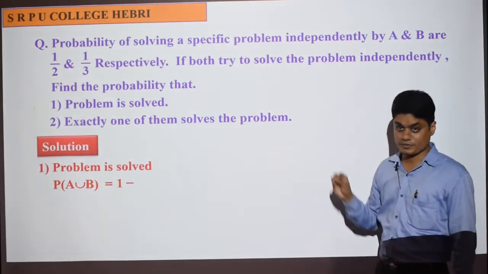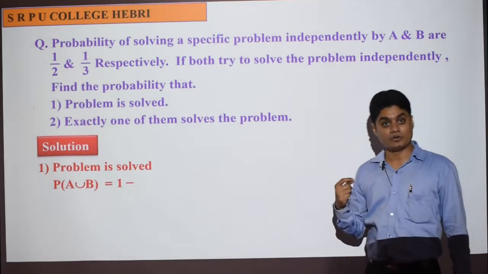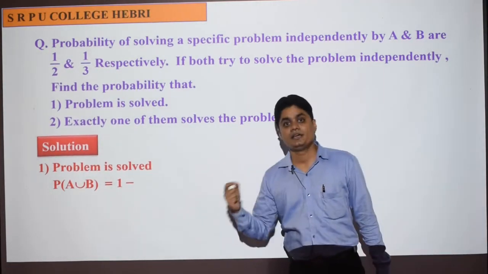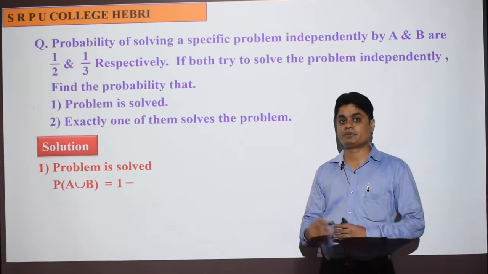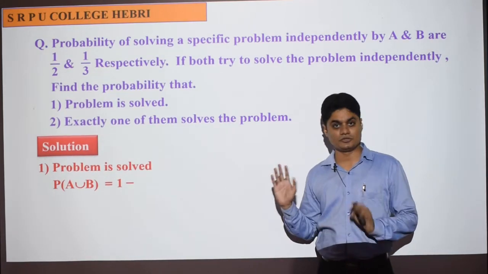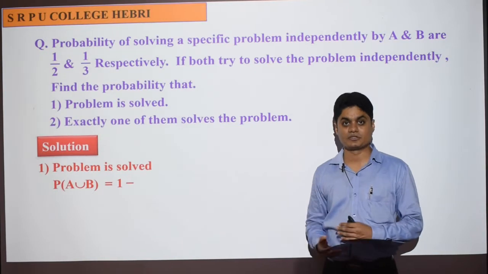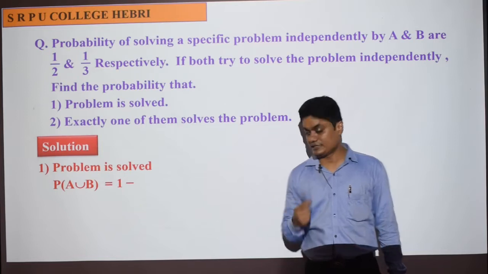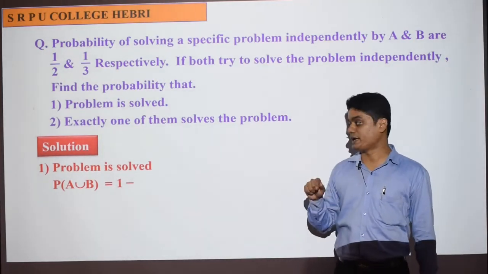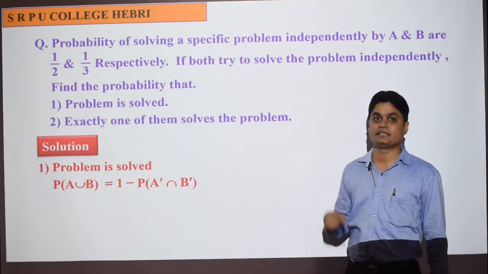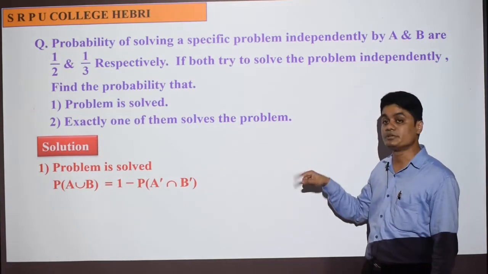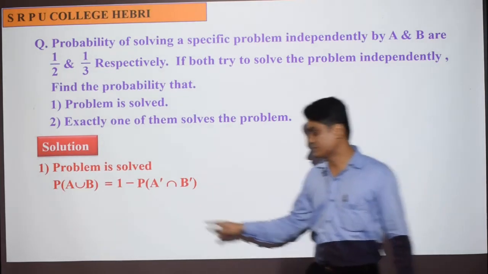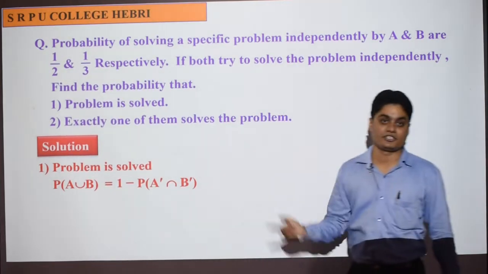So you can use the probability of A union B formula as probability of A plus probability of B minus probability of A intersection B. Here the probability of A intersection B can be solved as probability of A into probability of B. We already solved problems in the previous class using that formula. Now I will show you another method. The other method is as follows. Probability of A union B is also equal to 1 minus probability of A union B whole complement, and the probability of A union B whole complement is nothing but the probability of A complement intersection B complement.